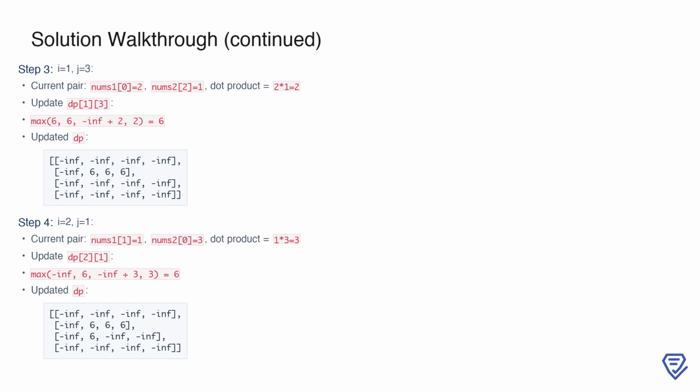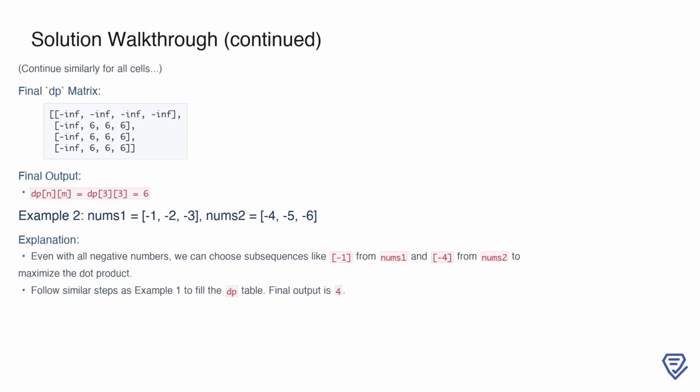The highest value remains 6, so dp[2][1] gets updated to 6. At this stage, the table demonstrates how we are systematically building up the solution by comparing all possible subsequences. Following the same process for the remaining cells, we complete the dp table. The final matrix looks like this: all valid cells in the table contain the value 6, which is the maximum